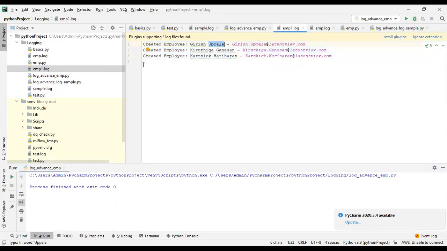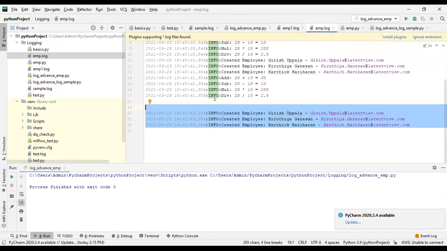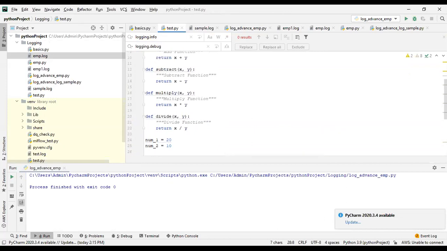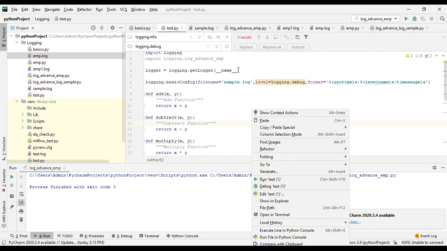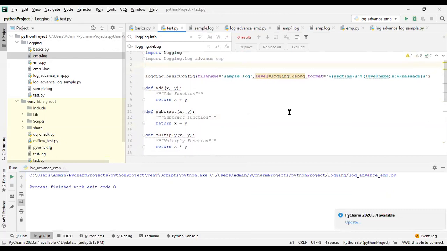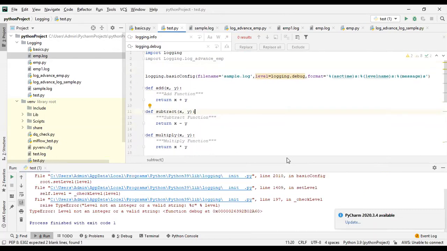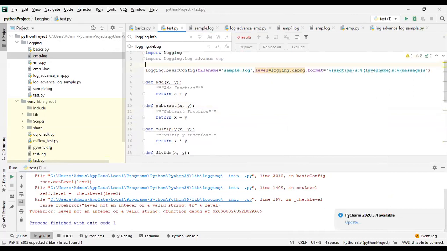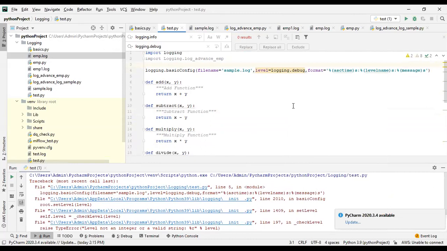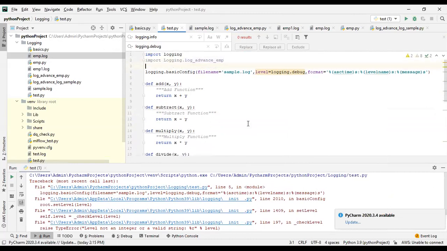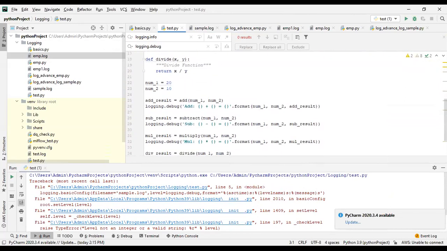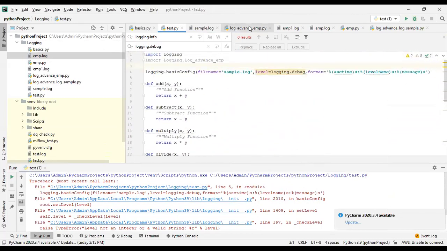Now, if you want to see the information, if you go and check this out, if you run this, just give me one second.